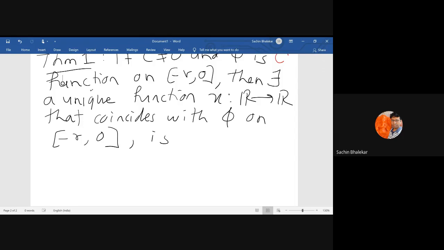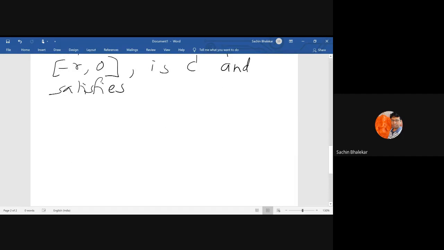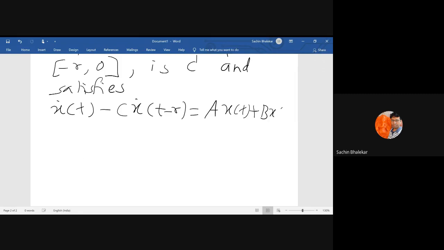It is C1, the solution is continuously differentiable, and satisfies the given delay differential equation, means it satisfies x dot of t minus c times x dot of t minus r equal to a x of t plus b x of t minus r plus f of t,